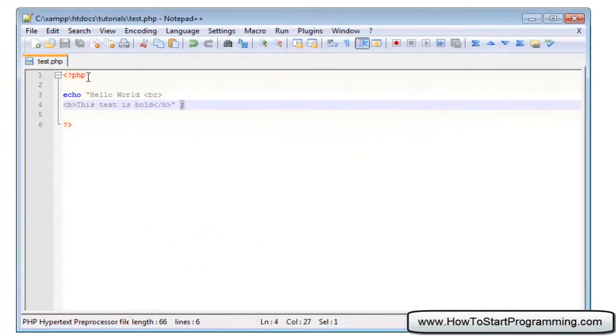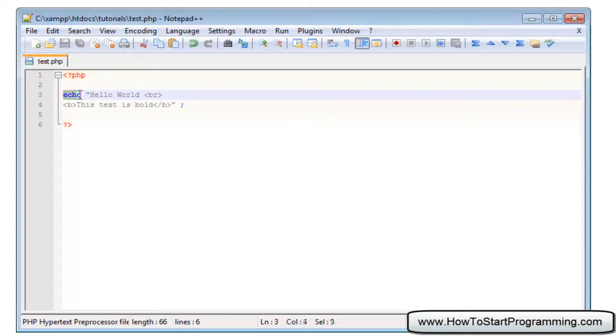So in summary, all PHP scripts must start with this opening tag and end with this closing tag. The echo function can be used in double quotations or single quotations, but I will talk about that in a later tutorial, so anybody who's worried about that, I'll tell you about that in a further tutorial. But you can start it with double quotations and end it with double quotations, and it must end with a